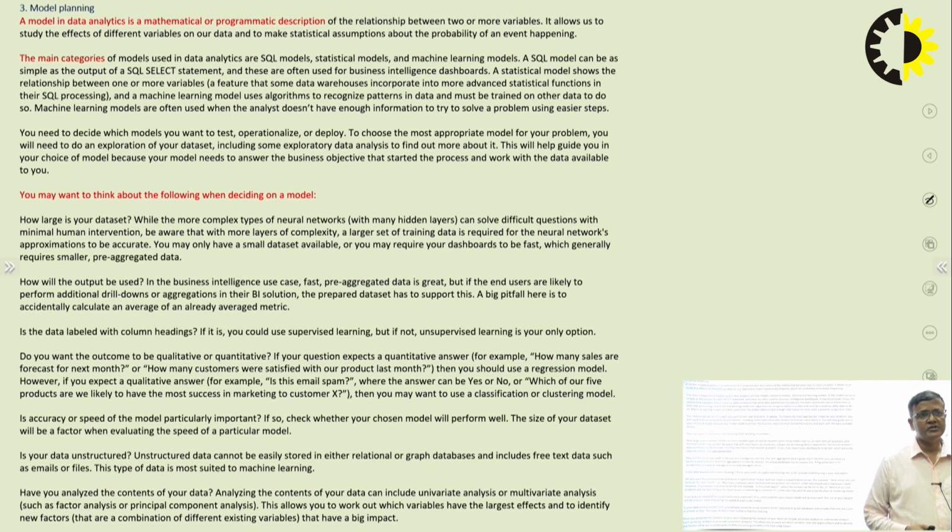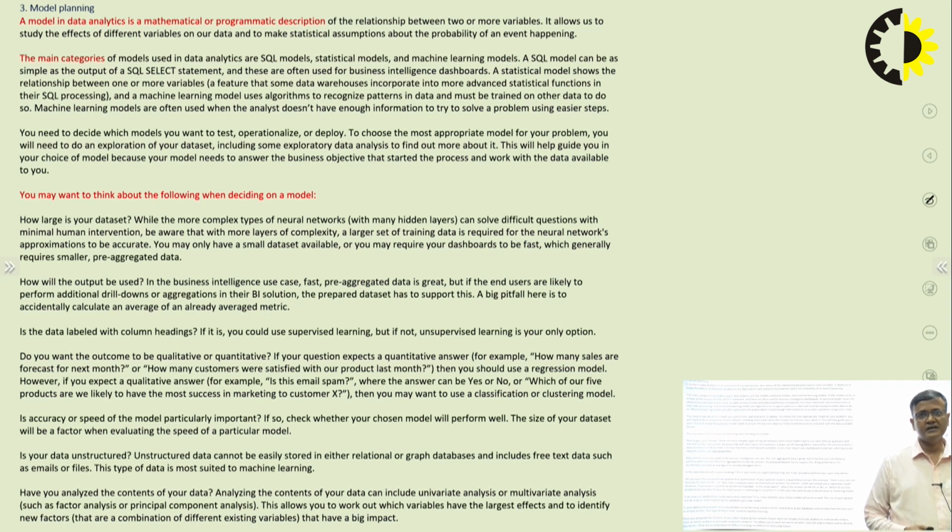So you may want to think about the following points when you decide on a model. What are the points you should consider when you decide on the model for your data analytics problems? Till this stage, you have completed your pre-processing transformations.